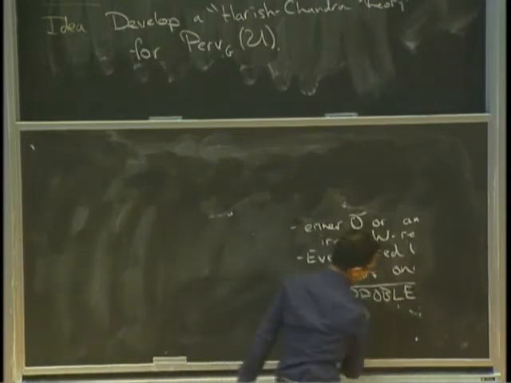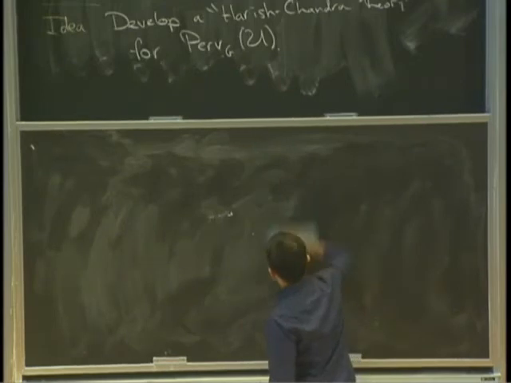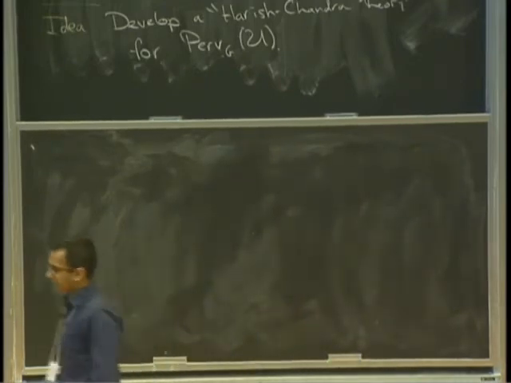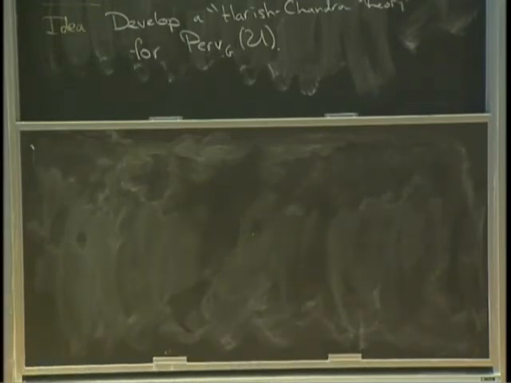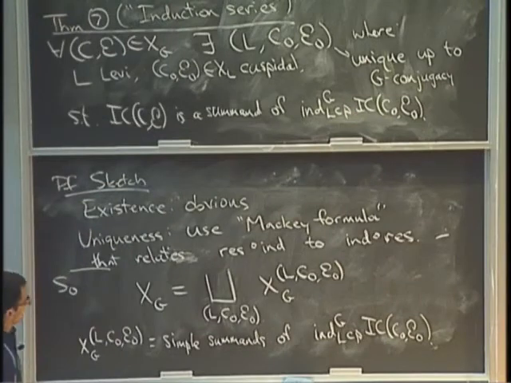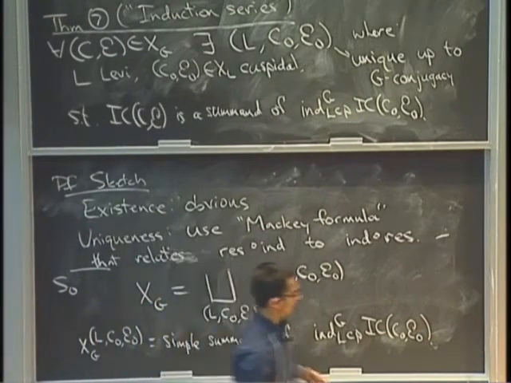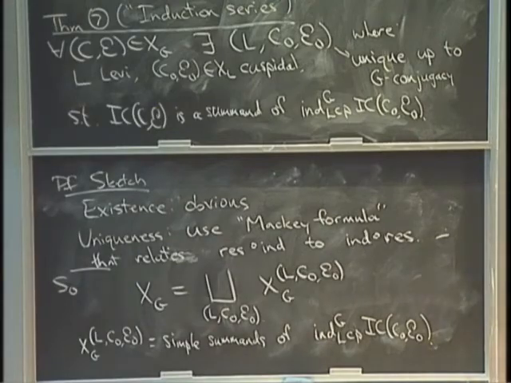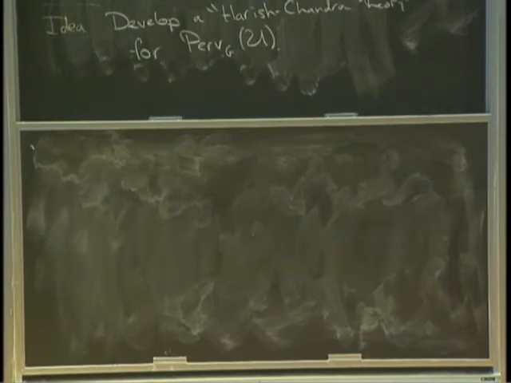The other part of developing a Harish-Chandra theory is that you want to be able to say something about what the pieces in these are. So these subsets of X G, that's what I want to call induction series. So we want to somehow parameterize the things in each piece of the right-hand side here. So one piece of star